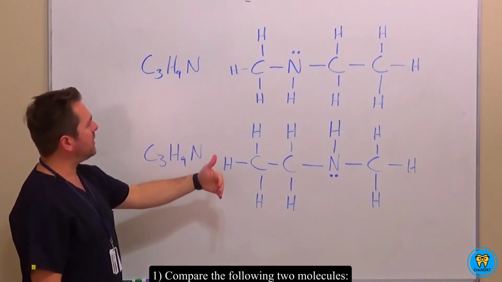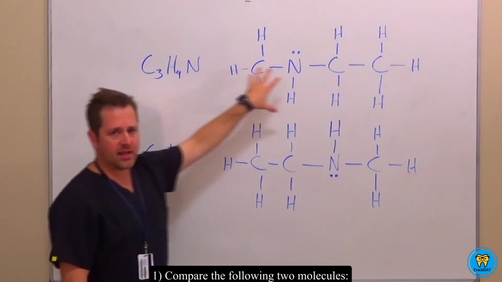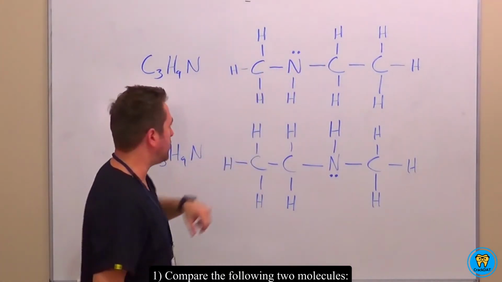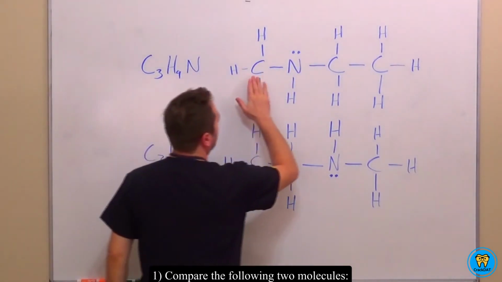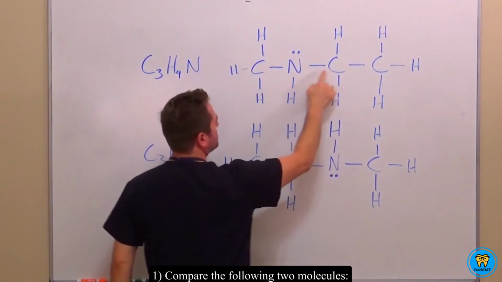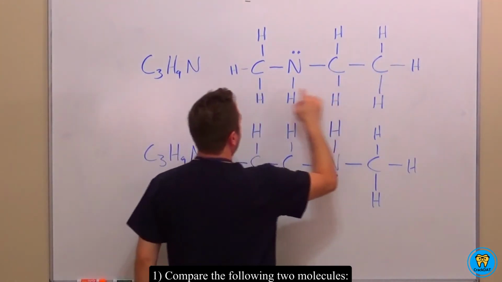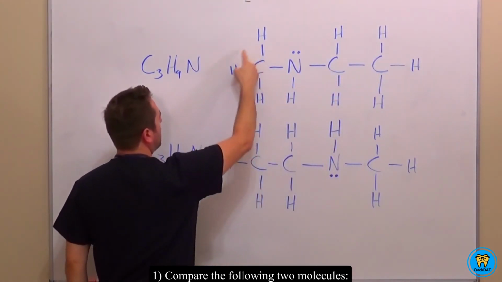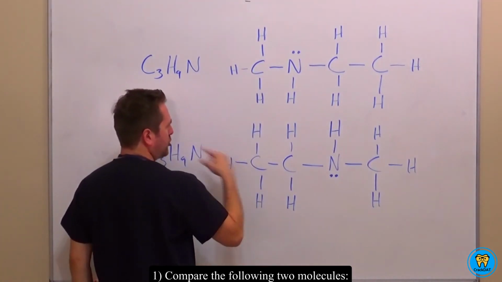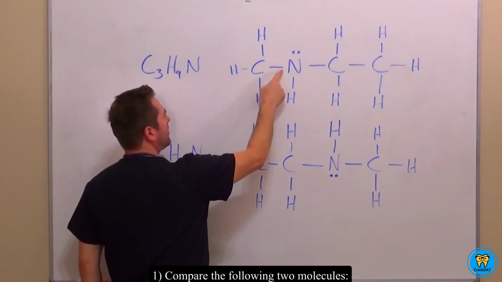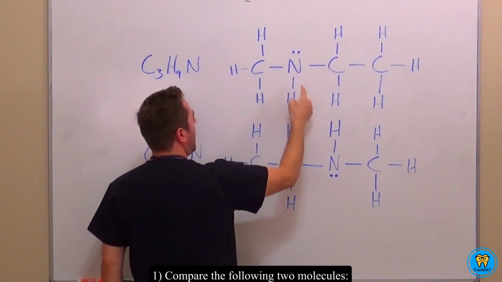So the next step would actually be to analyze the individual molecules. So if we look at the first one, more or less it's a chain. Notice they're all single bonds, right? And the 3 carbons, they're pretty much saturated with hydrogens. However, the nitrogen has a lone pair and a single